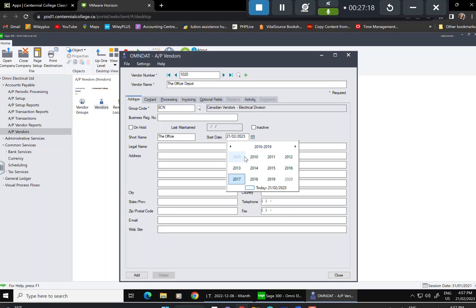So you could do shortcuts, and in this case we have been in business with them since 98, and the month is March, and 15, that's when we started dealing with them. In other words, we wanted to put their legal name. We don't need to worry about it. We have to put it in the address, 2561 Woodward Avenue, and then city is Toronto. We are going to go to Ontario,